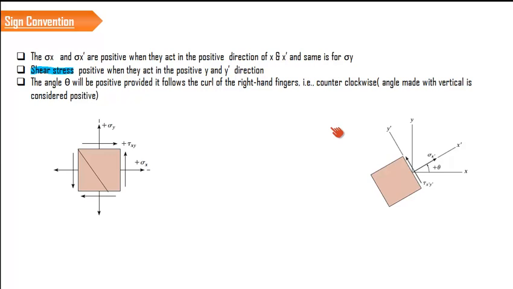First I will explain that and I will make it more simple. See, look here, this is the plane that we are going to analyze, or this is the plane on which we are going to find out the stresses. So this x dash is the normal component of that particular plane and y dash is the normal component of that particular plane. No, sorry, not the normal, parallel component of that particular plane. And this is the angle that is mentioned here.